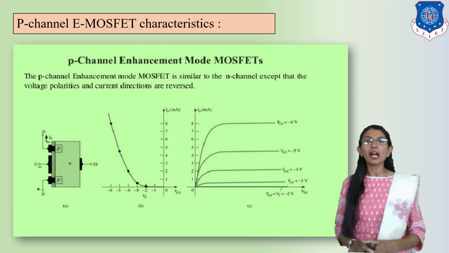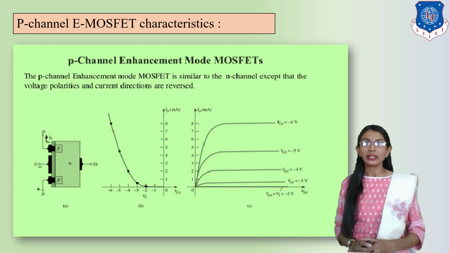And the second graph shows that we are taking a particular constant VGS. For example, first let us take VGS equal to -3, and if we increase VDS positively, 1, 2, 3, we will get the positive ID current. And continuously we will select different constant VGS values. Then we will draw another graph for example VGS equal to -4, -5 and -6. So I have shown here different examples of the output curve.